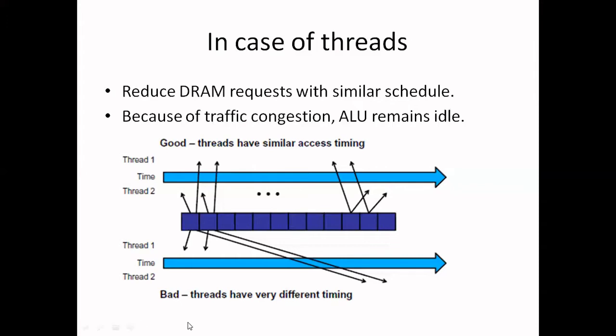But if the data is being accessed in a relatively different time span, something is being used at T1 and another is used after a very distant time, in that case, keeping the data in the shared memory for that long a time span may not be possible. So that is also a problem.